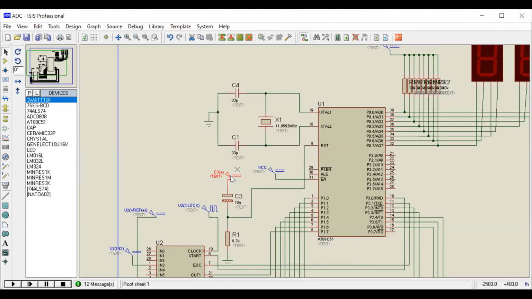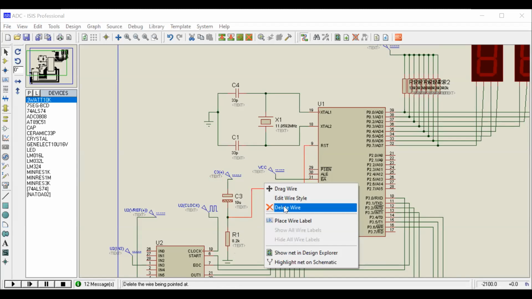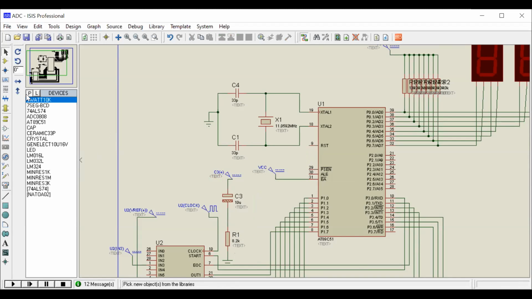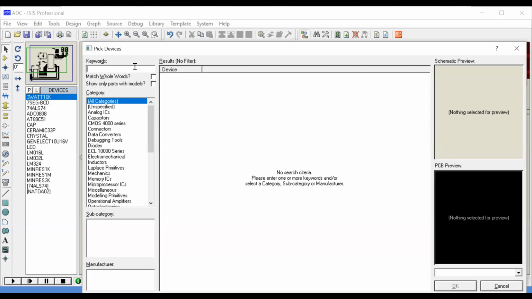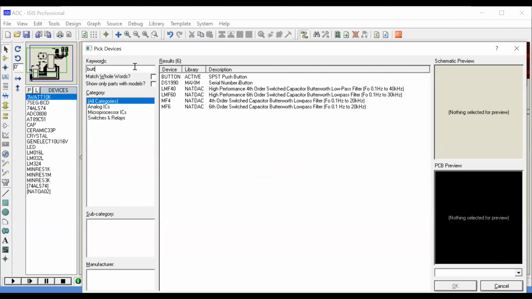And next, the 5 volts is connected to a capacitor of 10 microfarads, and R1 is connected to ground, at 8.2 kilo ohms. These are the default capacitor and resistance values for the reset circuit, and this is connected to the reset pin. You can also take one more switch, and with the help of a switch you can reset as well. So let us try that also. Delete here, and then select one more, pick switch or push button. Yes, push button is selected.